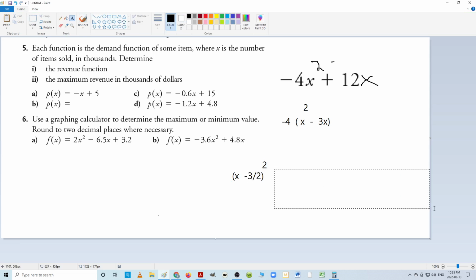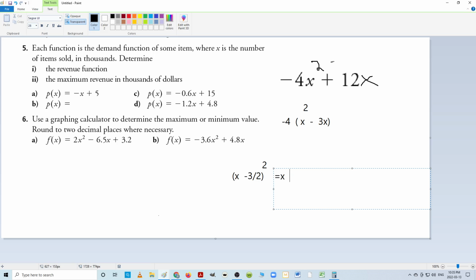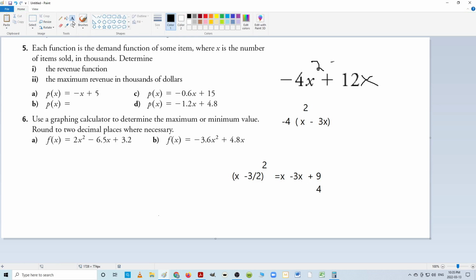But I know if I expand that, I get x squared minus 3x plus 9 over 4, like that. Which means if I want to isolate just this part of it, I have to subtract 9 over 4 from both sides. Goes to this side and becomes a negative,